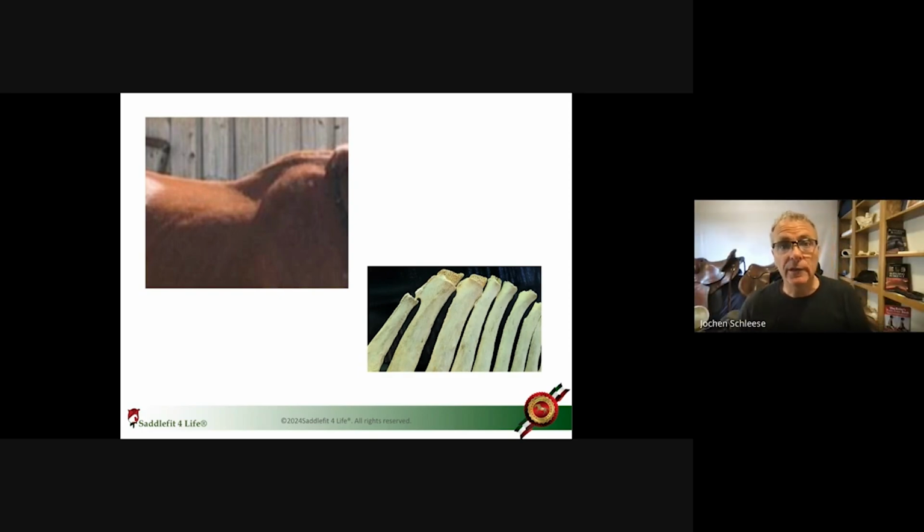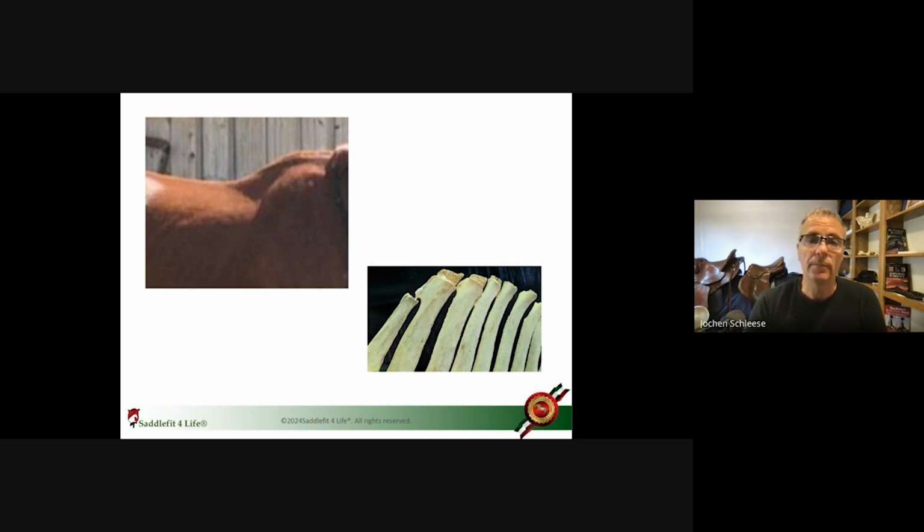Hey, I got a really, really cool horse, but it has these issues. Has kissing spine. I got him. He's my heart horse. I love him. I had him checked out, and we can ride him. All I'm trying to say to you folks who listen, you don't have to go with the clothespin fit. Go with the tree lift fit. And the tree lift fit has been done for hundreds of thousands of years.